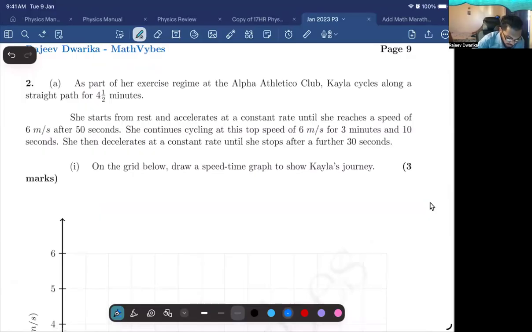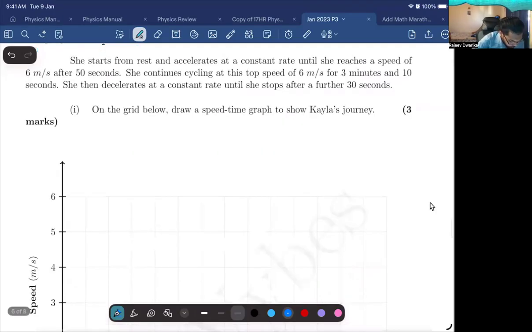Atletico Club cycles along a straight line for 4.5 minutes. She started from rest and accelerates at a constant rate until she reaches a speed of 6 meters per second after 50 seconds. She continues cycling at this top speed of 6 meters per second for 3 minutes and 10 seconds. She then decelerates at a constant rate until she stops after a further 30 seconds. On the grid below, draw a speed time graph to show